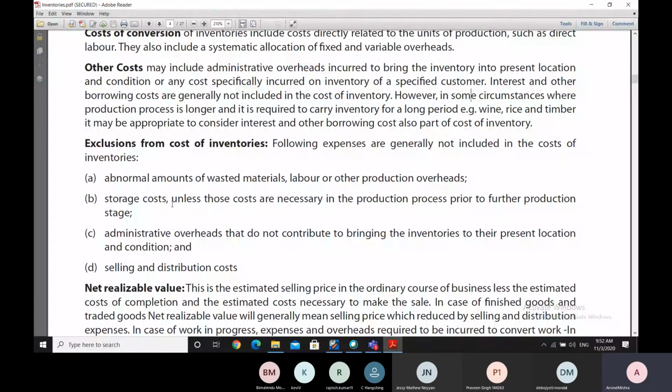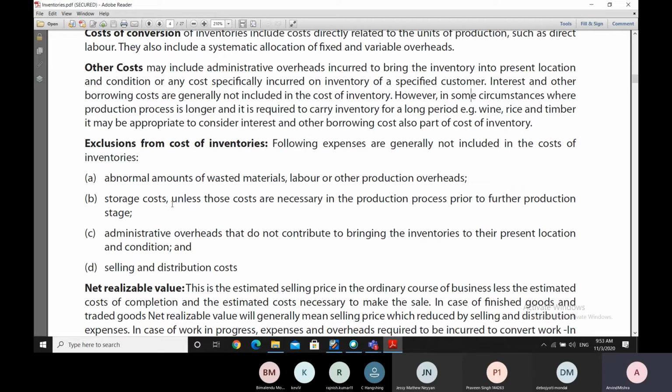Then, of course, the storage costs are also excluded unless those costs are part of the production process. For example, if the production process is going on and a certain item has to be kept in some place for some time before it is used up or consumed in the subsequent production process. So unless those costs are necessary in the production process, which is prior to the further production stage, otherwise the storage costs will not be included